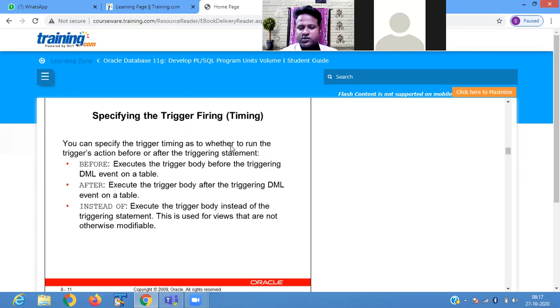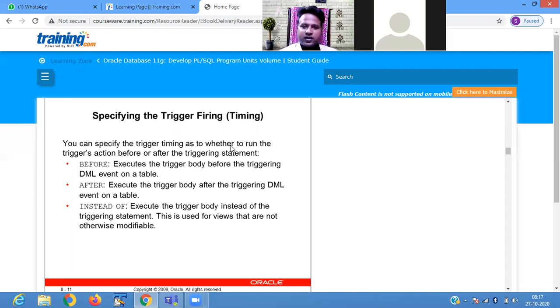Instead of is used when you are using a view. A view contains a subset of a table, meaning it retrieves all the records from different tables. If you want to update the view, when you update the view, it means the information is also updated in the main table. So through the subset of data, suppose you are hiring something and you are changing over there.